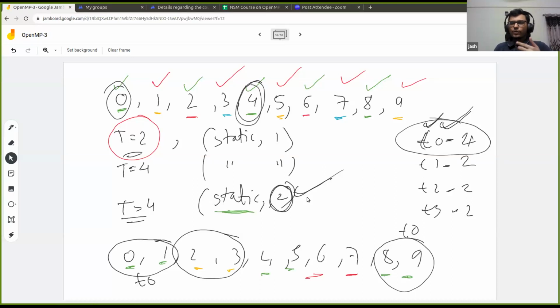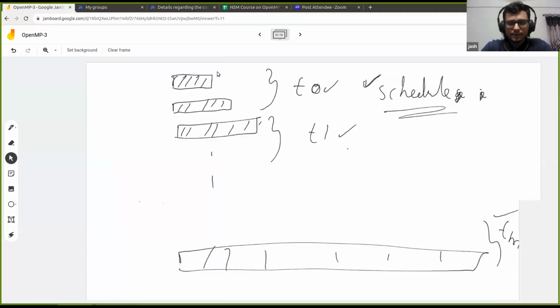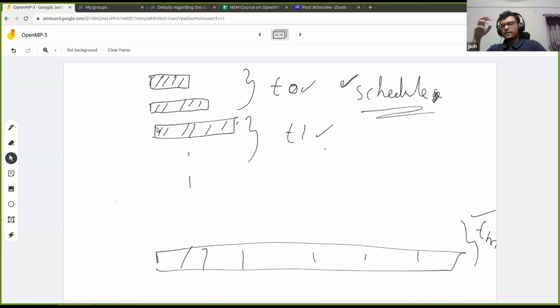And just to note one more point, we are assuming that not the number of iterations, but the amount of work within each iteration is almost the same. But that might not be the case, right? As we saw in this one. Okay, let me go back. As we saw in this example, here the amount of work might not be the same for each iteration. So we are not even considering that case.